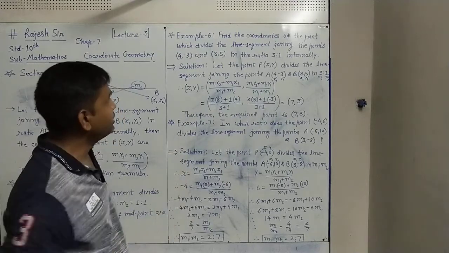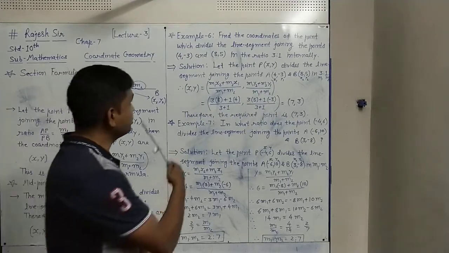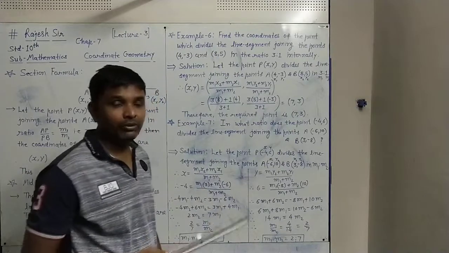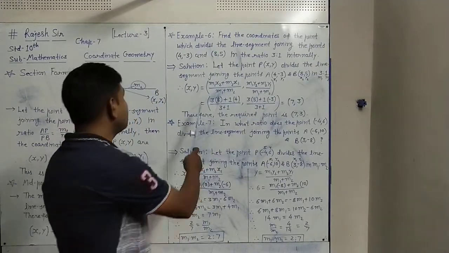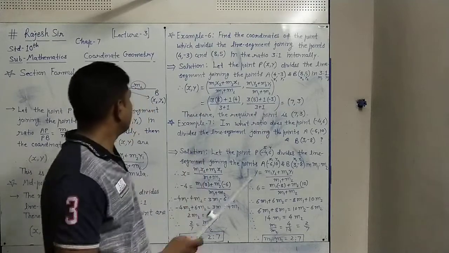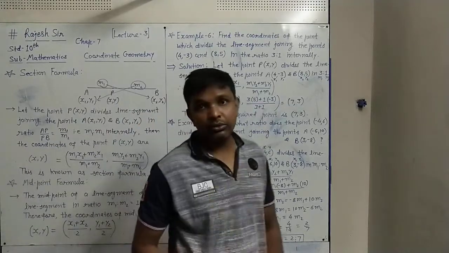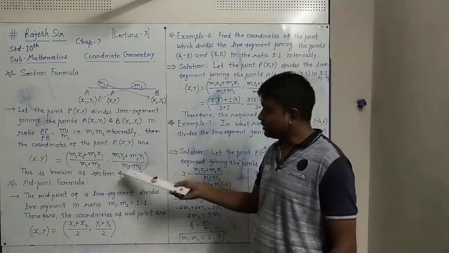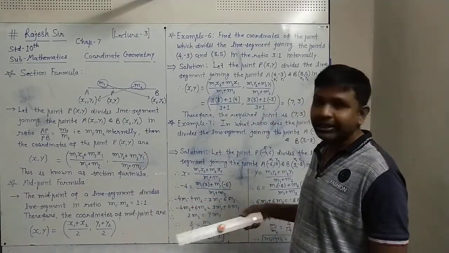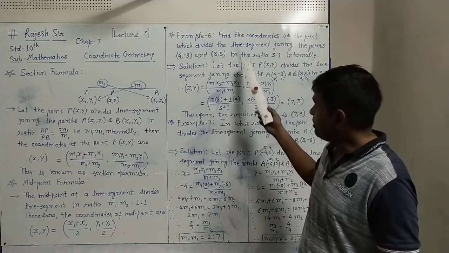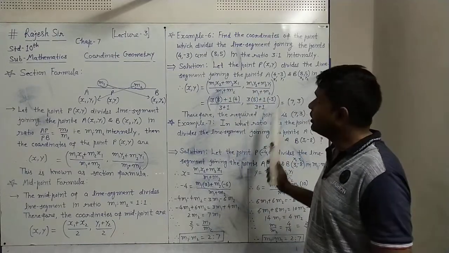And how to use the section formula to find any point which is dividing the line segment joining two points, that also we have seen in this example. So in this lecture you are suggested to write down the section formula this way and understand it. Midpoint formula also you write down. It will come in the next coming examples, examples 6 and 7, where you write down in your